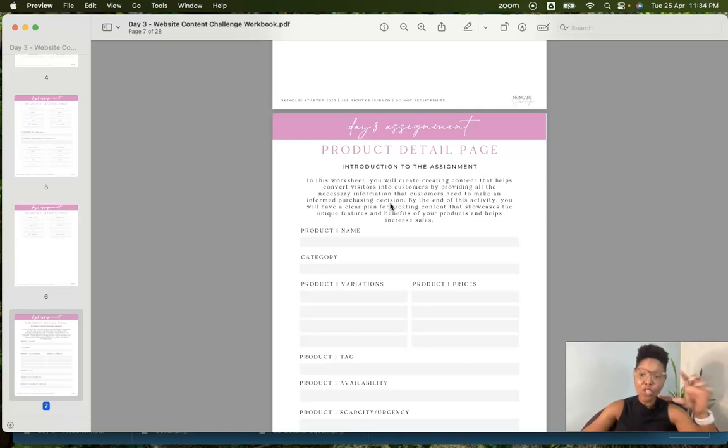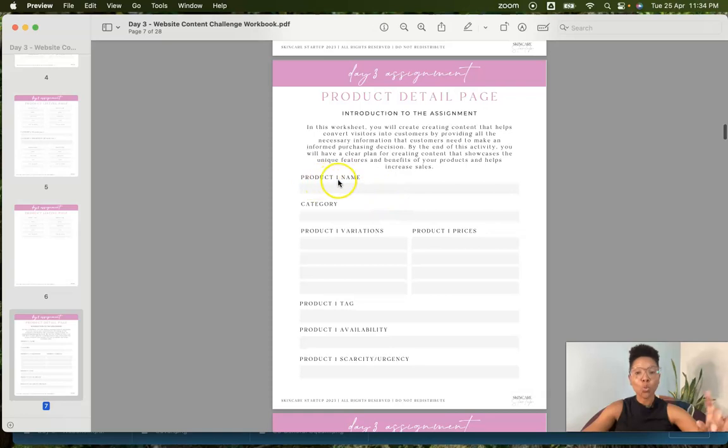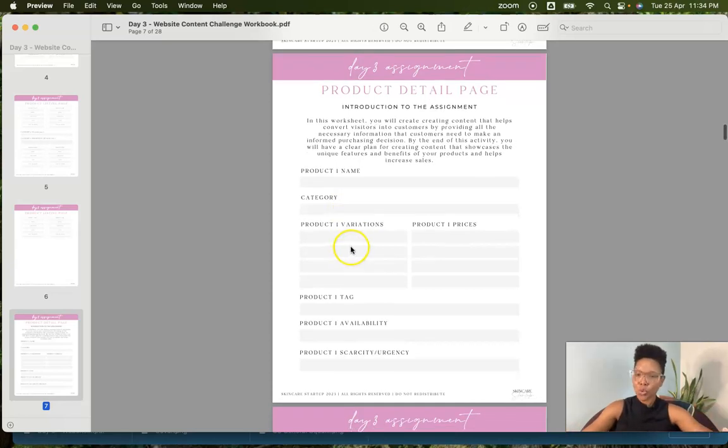So again, each product will have its own product detail page. So this section is to help you to craft the content so that you're providing enough information to help your customers to make a buying decision. So product 1, what is the name? What is the category, which you'll pull from the section before if you have them in different categories. Do you have variations for each? Yes. And what are their relative prices? Because that you will have to